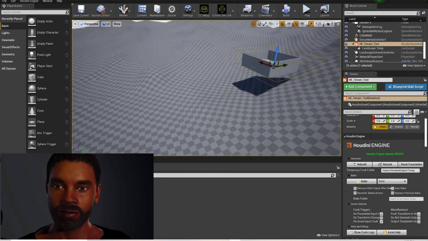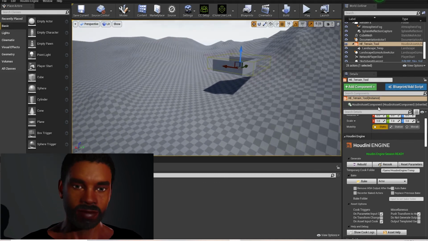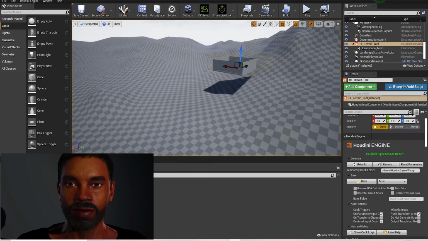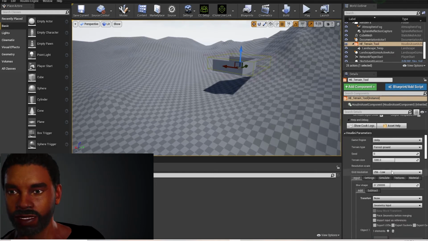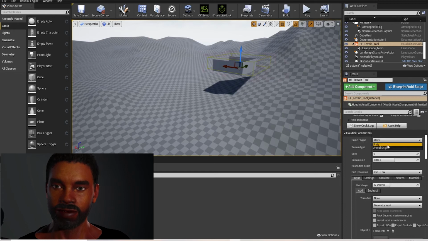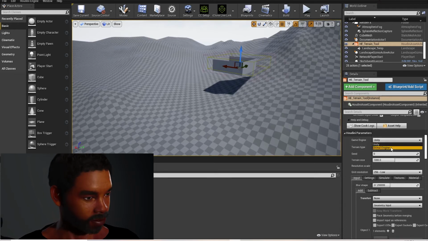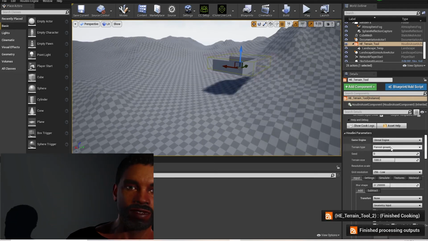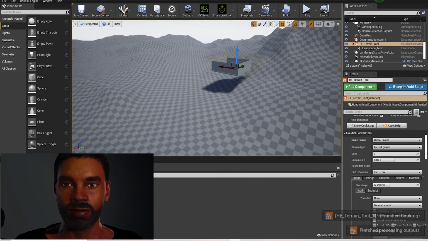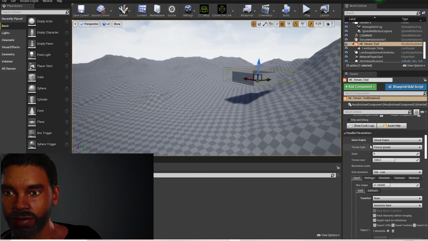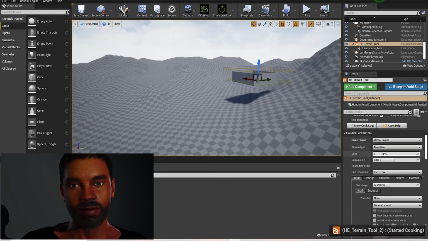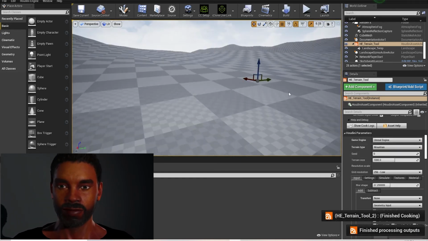So here is our terrain now. With the terrain tool that they have, it definitely allows you to make different types pretty fast. That's why I just love Houdini. It has so many different parameters, so many ways. It just makes it easier for you to even just get into making your game. But this is the forest ground, mountain,